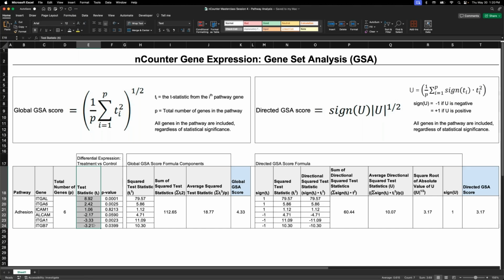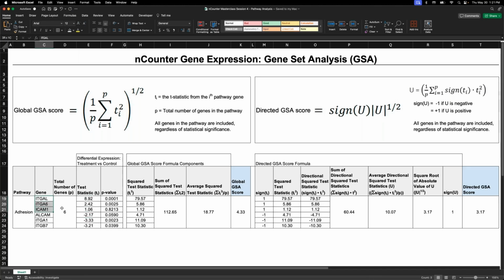Now, an important thing here is that this test statistic is going to be used to calculate our score. But if you don't know what this means, it's really hard to interpret the score. So let me provide a little guidance here. This is not necessarily true from a statistical or mathematical point of view, but conceptually, the way I think about this test statistic, it's basically kind of a summation of the fold change of a gene. Again, this is not a direct translation, but conceptually, I like to think about this number as how much fold change there is in a particular gene.